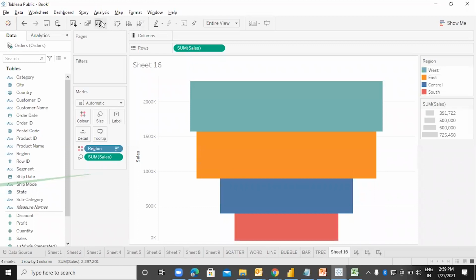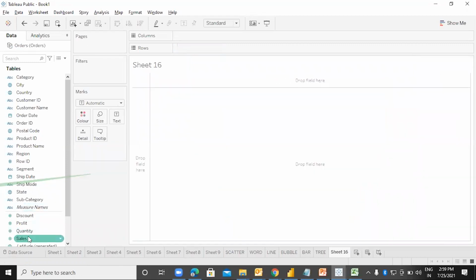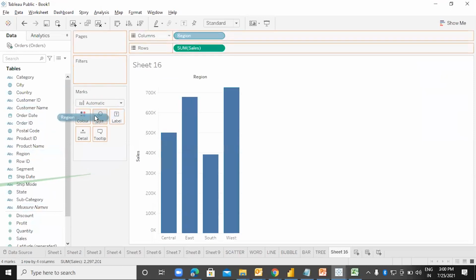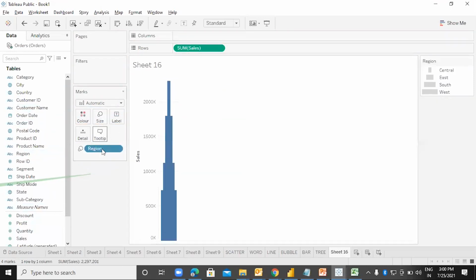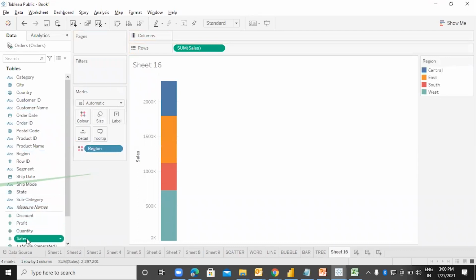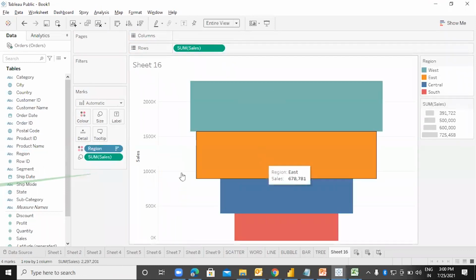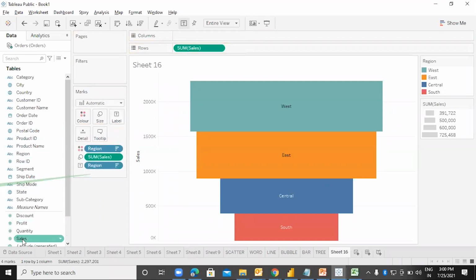Let's try to do it once again. I have taken the sales on the basis of the region, putting the region into the color and sales into the size. And let's sort it. Say entire view, and let me put the region into the label and sales into the label as well.